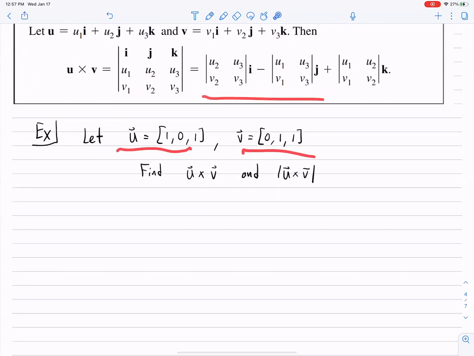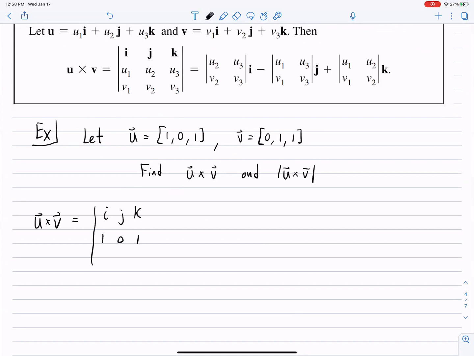Let U be that vector, V be that vector, find the cross product and the magnitude of the cross product. By definition, U cross V is equal to the determinant of I, J, K. So that's the first thing. Then you write the components of U, which is 1, 0, 1. Then you write the components of V, which is 0, 1, 1. And now we take the determinant. So you take this determinant times I. That's going to be 0 minus 1 times I, minus,